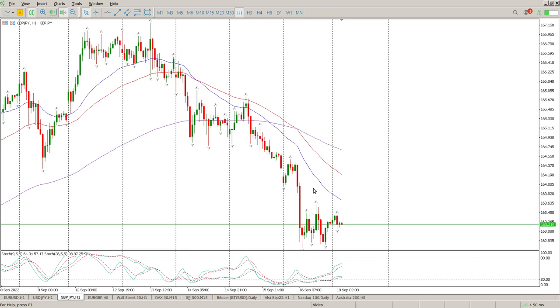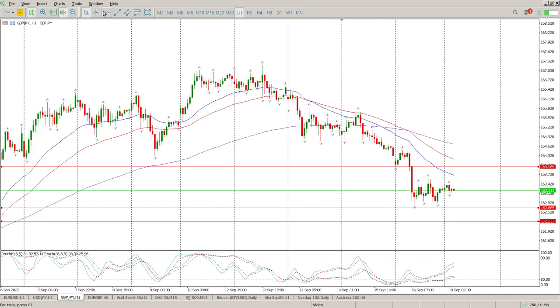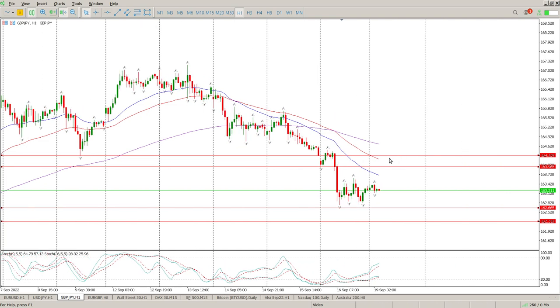However, on the hour, the trend is down. We are looking for opportunities to short, and this is your target area. So the first area that I can see is going to be up here, and that is at 163.965, and there is another area slightly higher up which would be fairly interesting as well, and that is 164.329. So if price gets up to there, I'd be looking for a move back down to this 162.665 area, or alternatively